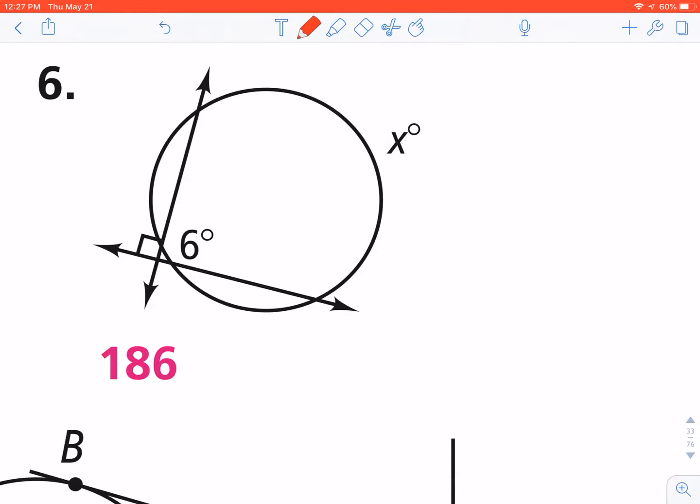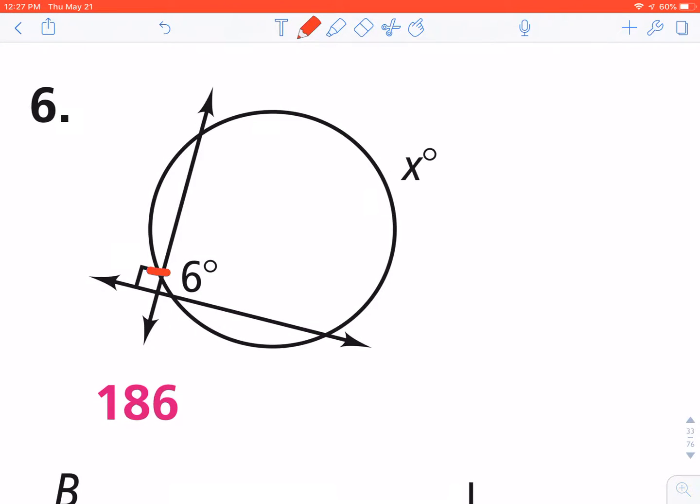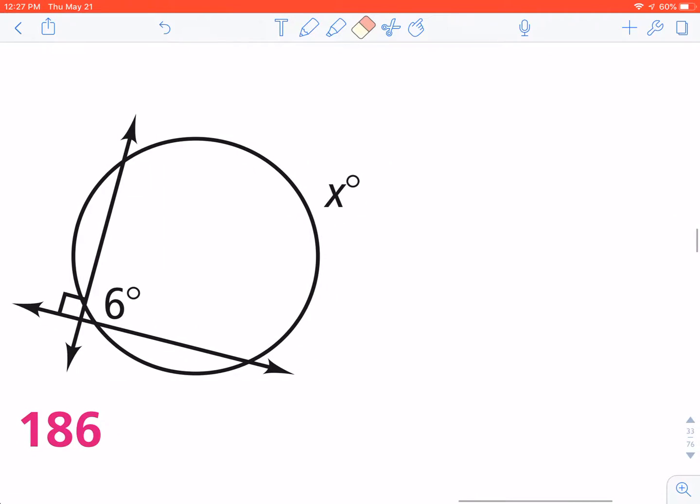This looks bad because it's kind of, well, I guess, A, it's kind of unclear what they're showing you, but they also are kind of hiding some of the information. In this case right here, all right, the 6 degrees is representing that little sliver of the measurement of the arc of the circle, okay? Now, the part they're kind of hiding is if this is a 90-degree angle, they're all 90-degree angles. So, again, the intersection occurs outside of the circle, so you're going to take your